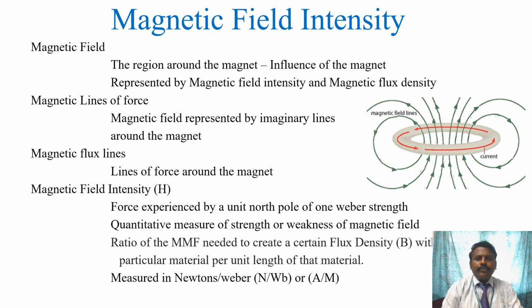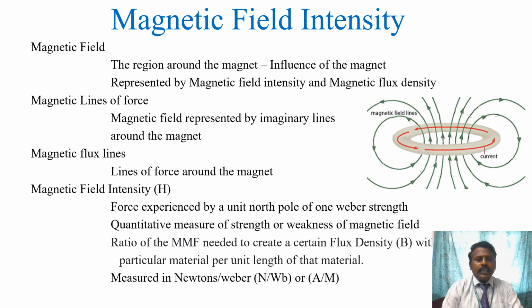So what is magnetic field intensity? Now look at the magnetic field. The region around the magnet where the influence of the magnet takes place is called the magnetic field. It is represented by the magnetic field intensity and the magnetic flux density. Then magnetic lines of force means the magnetic field is represented by imaginary lines around the magnet. Then magnetic flux lines means lines of force around the magnet, and the magnetic field intensity we can represent